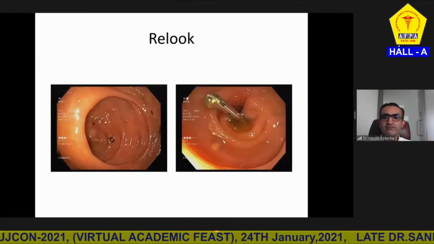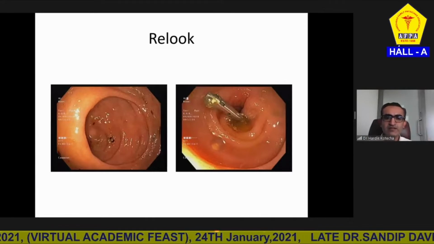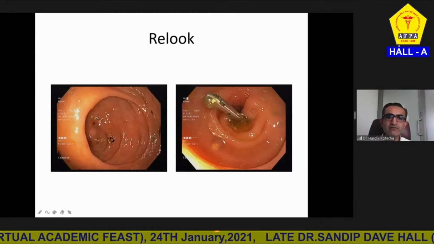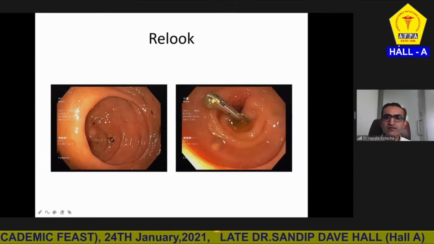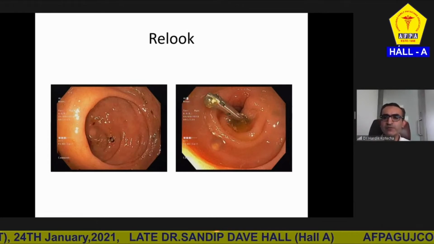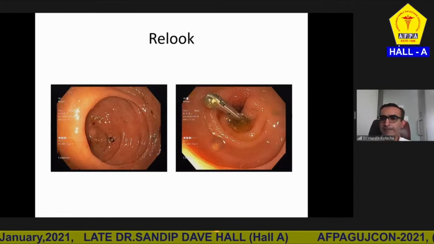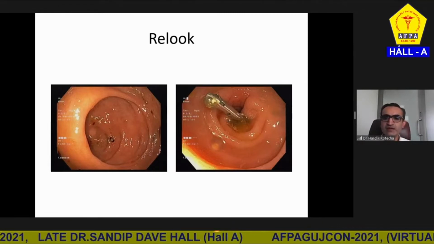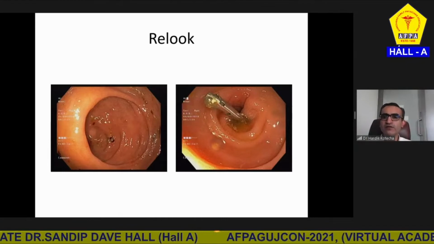At that time, there was no blood in the lumen. This is the IC wall. This is the cecum, and we can see green stool. These are the clips which I had applied, and the effluent which was coming was bilious. There was no blood. However, the patient was very sick. She had multiple comorbidities, and she may not give us more time.